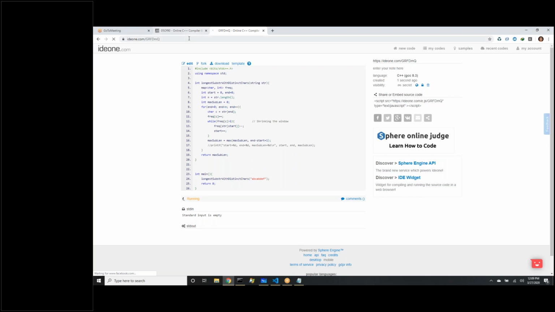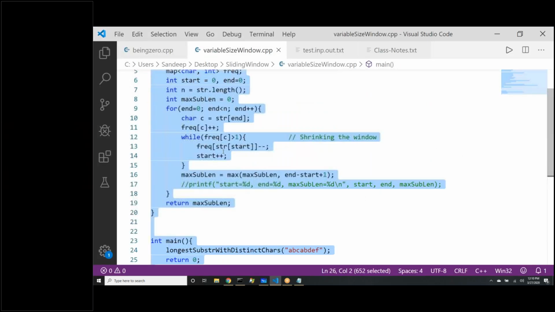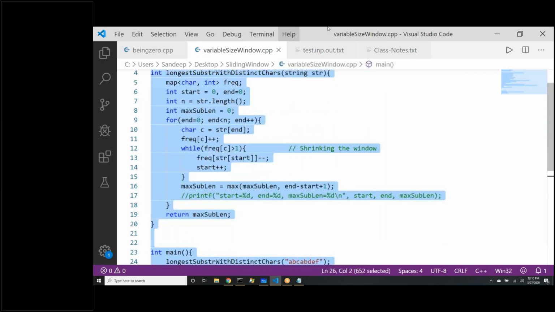And after that, we can keep a similar session where we can discuss the solutions to those contest problems so that you get to learn from them also, right? So yeah, this is the code that we wrote, and let me put that also in our class notes, which is here. So variable size